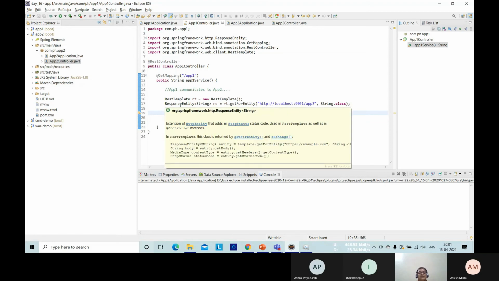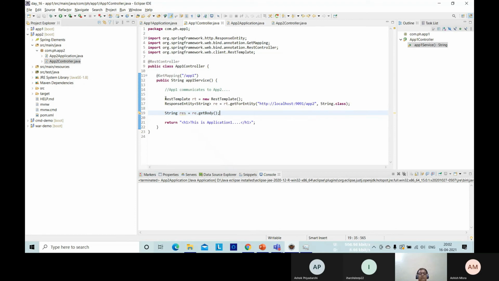These are the two central classes of the Spring framework whose task is to communicate with external APIs and get back the result. Now, let me try to print the response we get back from the second URL. Let me add an HR tag, a horizontal ruler line, and then I am printing the response.